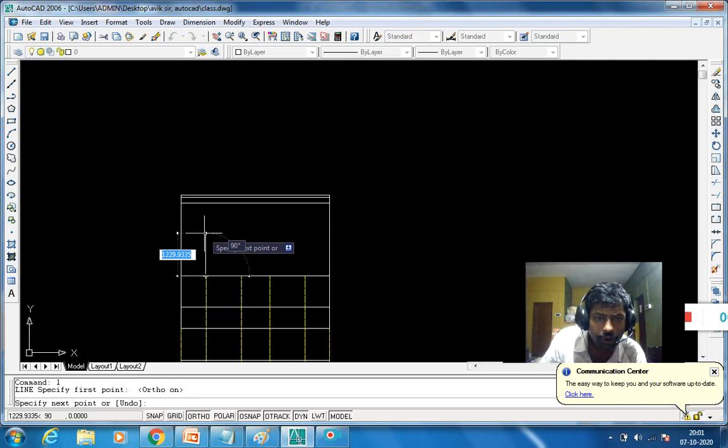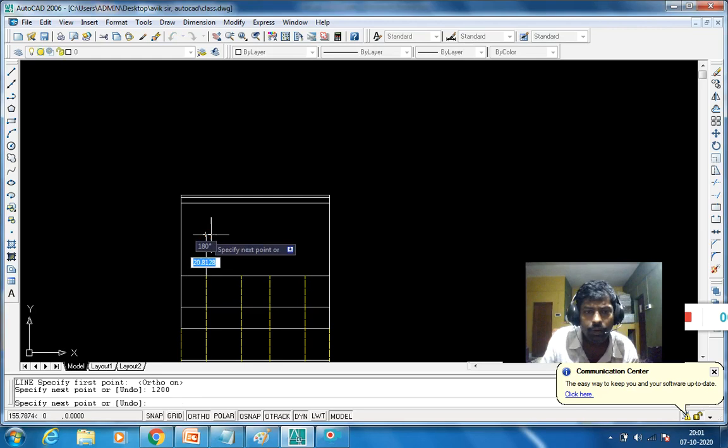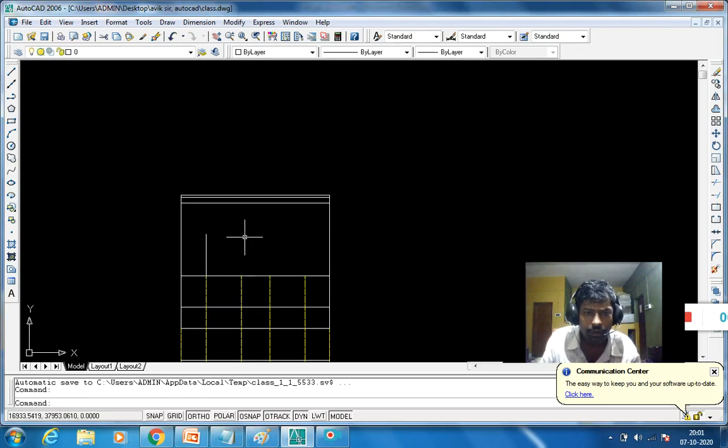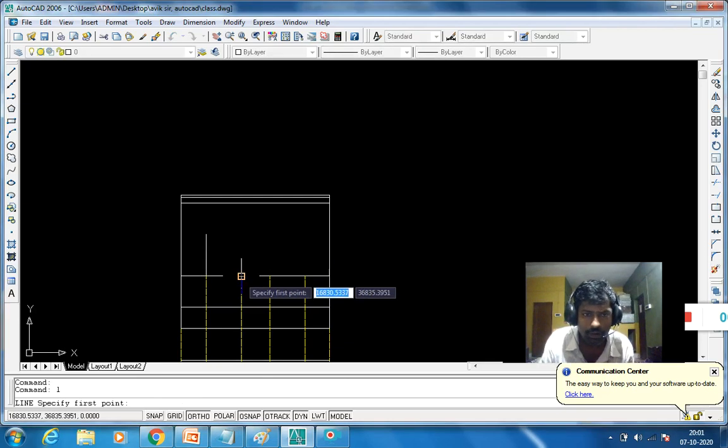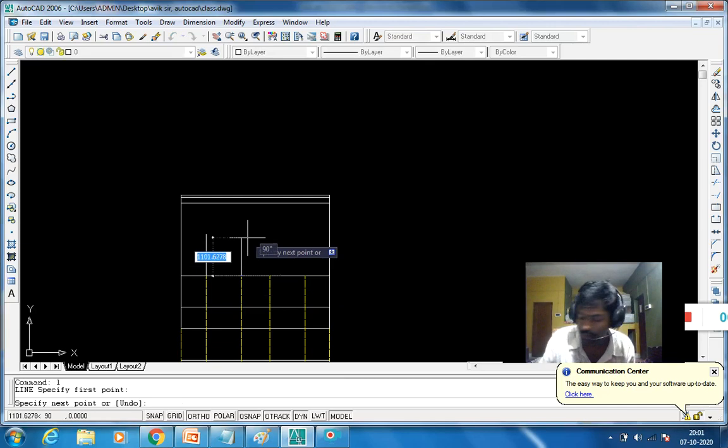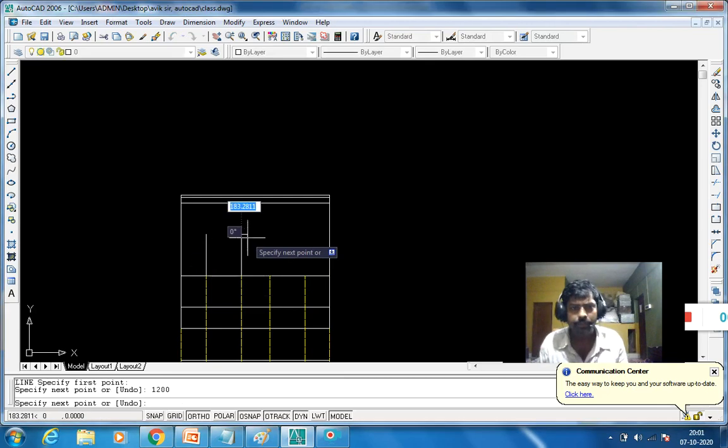and the height of window is how much? That is 1200. Okay. Similarly, this is 1200.